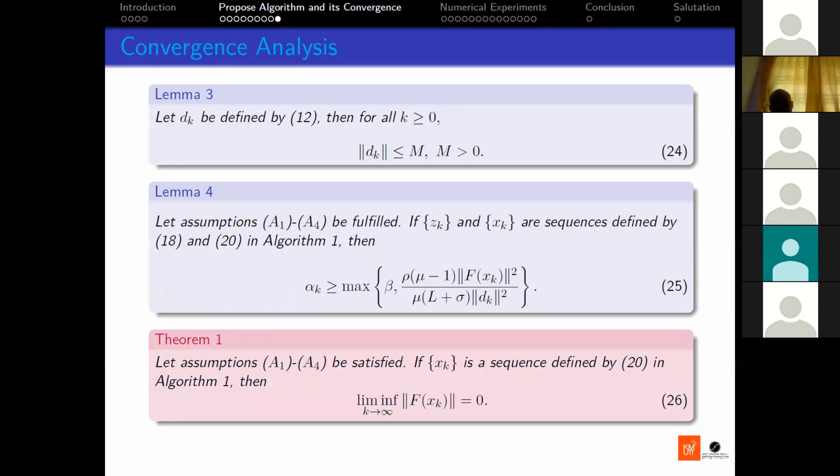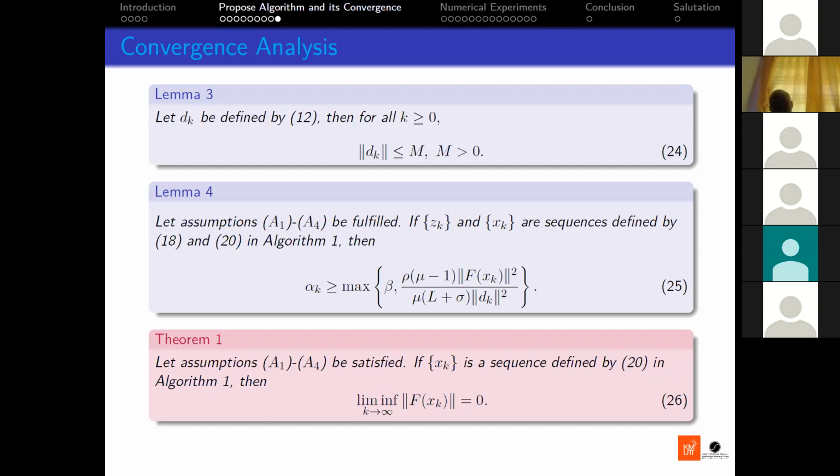Now, if it is equal to 0, it has been proved in many literatures that if this lim inf of the norm of f is 0, then you can establish that the sequence xk converges to the solution x bar or x star, as the case may be. But normally, because of tradition, we only establish the contradiction and neglect the other part, because it has been shown in so many literatures that once you have this lim inf, you can establish that the sequence converges.